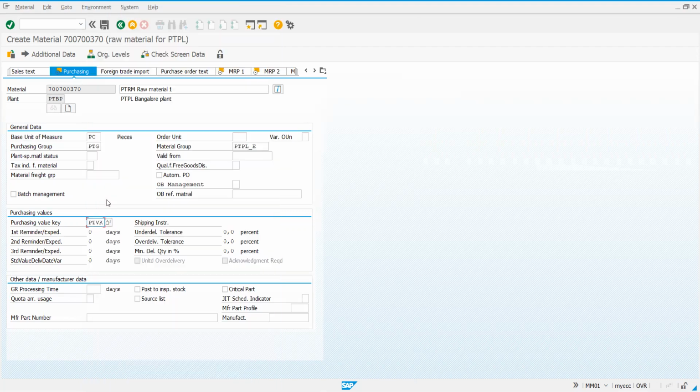Once I enter this purchase value key, below you can observe the 7, 14, 21 tolerance, whatever was defined earlier, is automatically appearing. And the system is asking, check the data for purchasing value key. Are you okay with this? If yes, we can enter, or if we have to change it, we can change it.